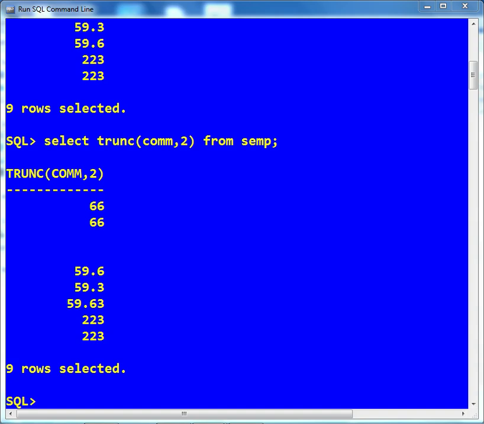Now we have other functions called the floor function and the ceiling function. There is a little difference between the round function, trunc function and these functions.